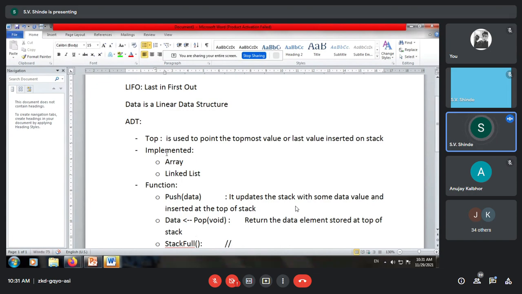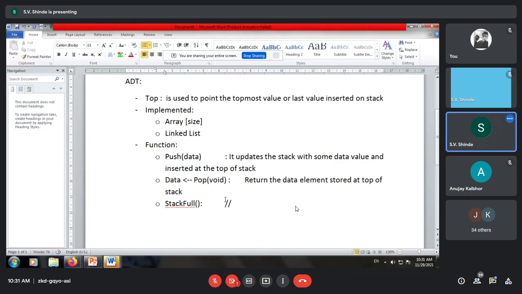So we can say this array is having some size. Then over here, if top is equal to size minus 1, then the outcome is that the stack is full. So this is the third function. As an ADT we are going